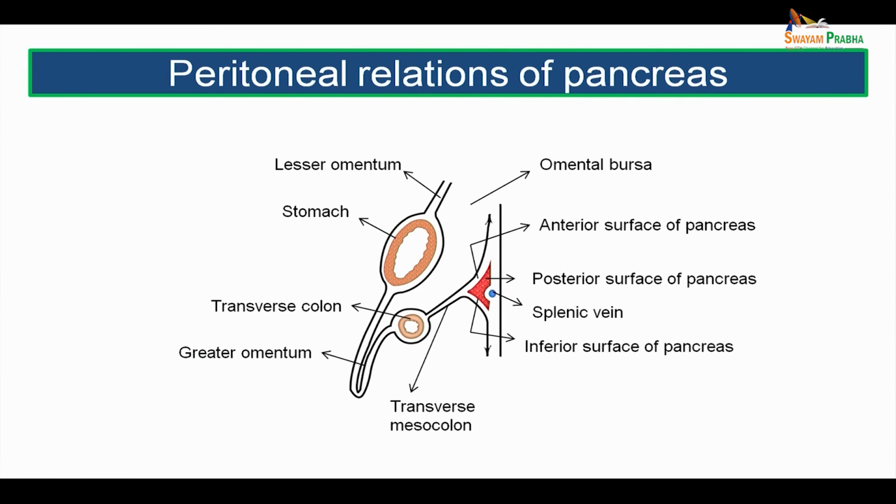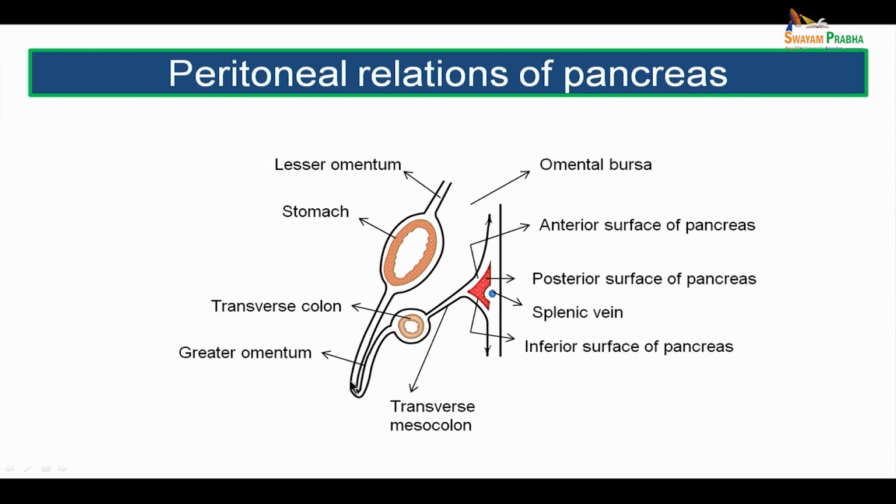Going on to the peritoneal relations of the pancreas. This is a sagittal section passing through the abdomen. What we see here anteriorly is the cut section of the stomach with its peritoneal relations, that is the lesser omentum, which splits into two along the surfaces of the stomach, and at the greater curvature again these two layers join,